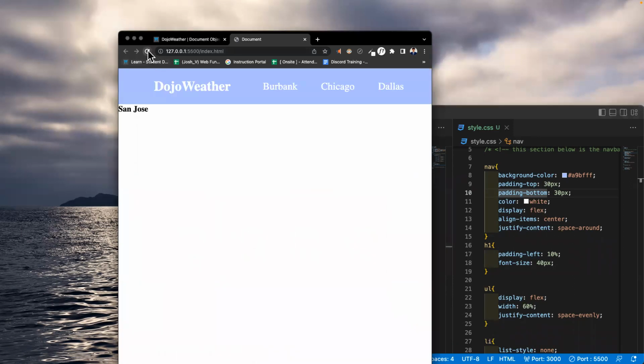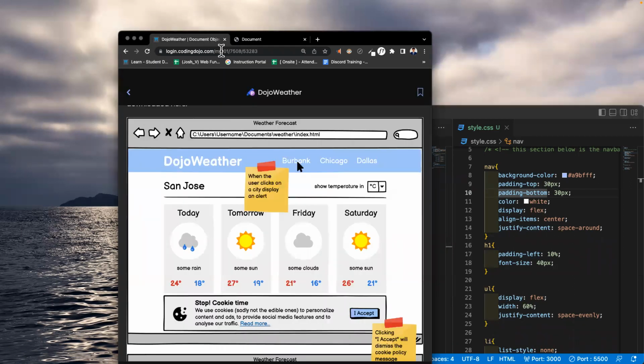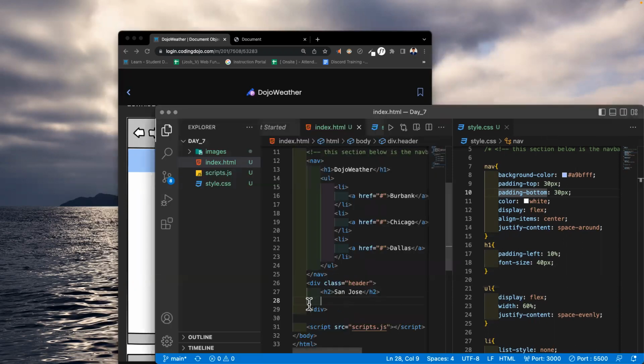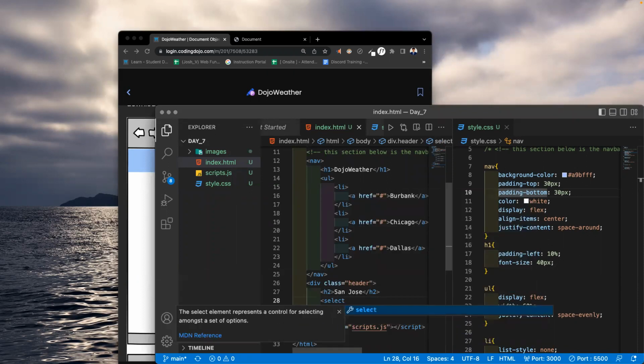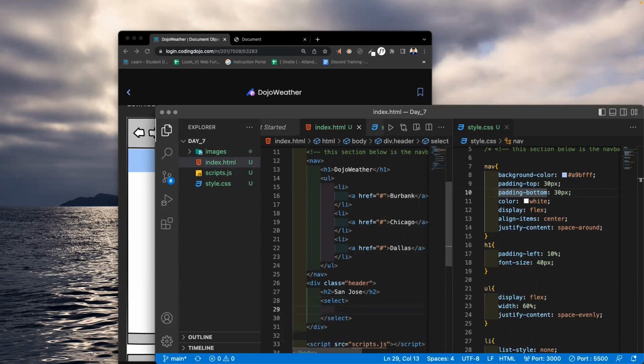Let's take a look here. Okay. And I also want to create this section here that shows the temperature change. So what I'm going to do is create that here. I'm going to say select. My select options, I'm going to have 2 options. So I'm going to say option times 2. And I'm going to say